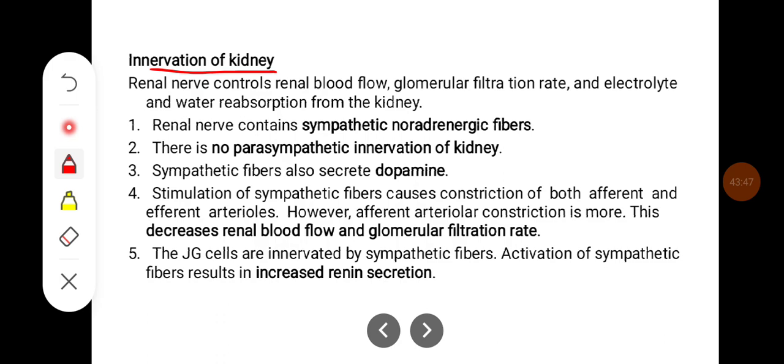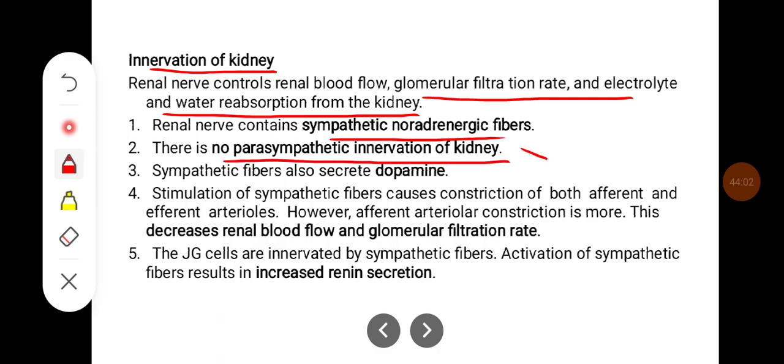Now the innervation of the kidney. The renal nerve controls renal blood flow, glomerular filtration rate, and electrolyte and water reabsorption from the body. The renal nerve contains sympathetic noradrenergic fibers, and there is no parasympathetic innervation to the kidney. Sympathetic fibers also secrete